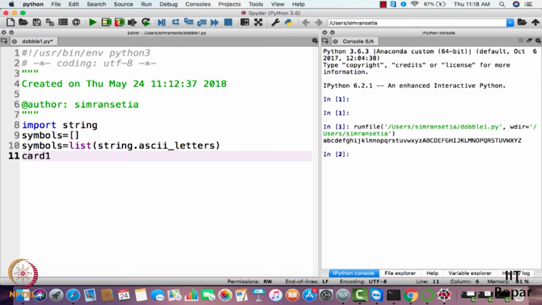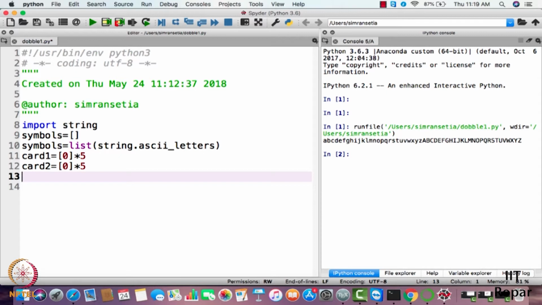I'll call them card 1 and card 2. I'll initialize them also. So we'll be having only 5 symbols in each card because I've initialized the list to 5 elements, to 5 zeros.